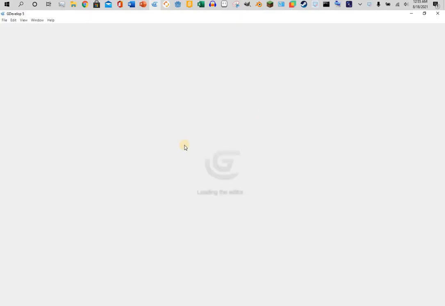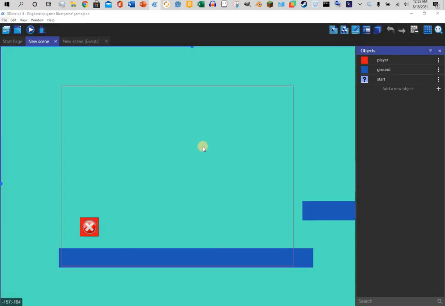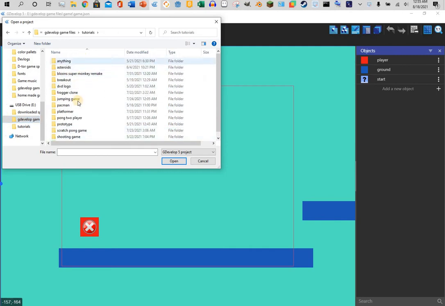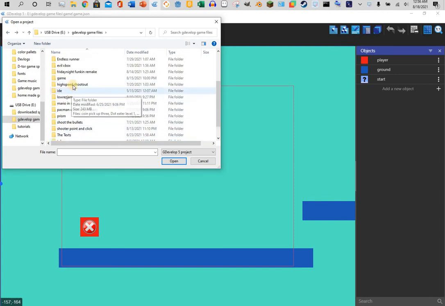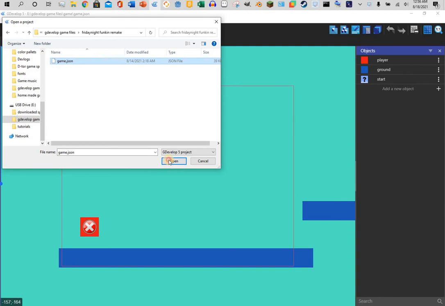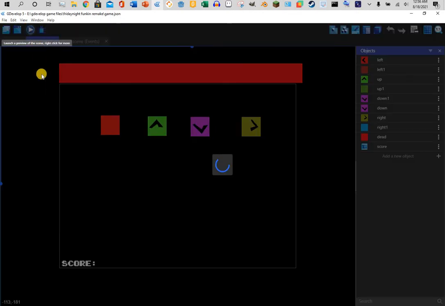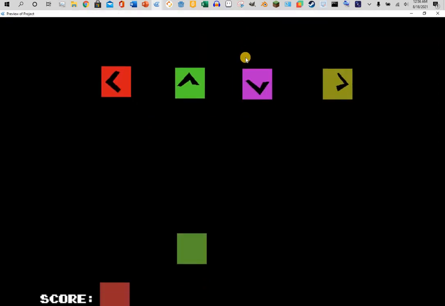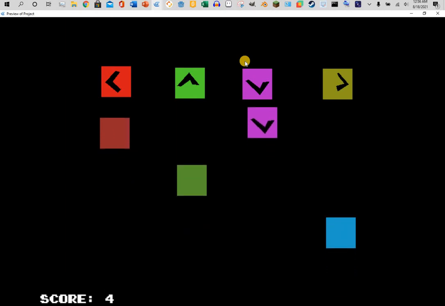Today I'm going to show you a Friday Night Funkin' tutorial. Well, it's not exactly Friday Night Funkin'. It's going to be this. Kind of like Friday Night Funkin', but not exactly. You have four squares, and squares are coming from the bottom, and you have to hit them just to stay